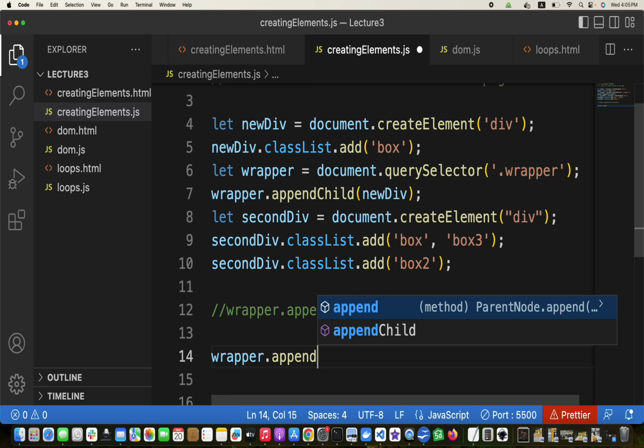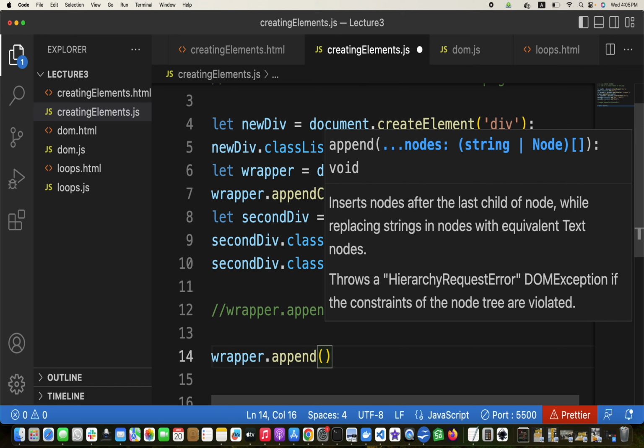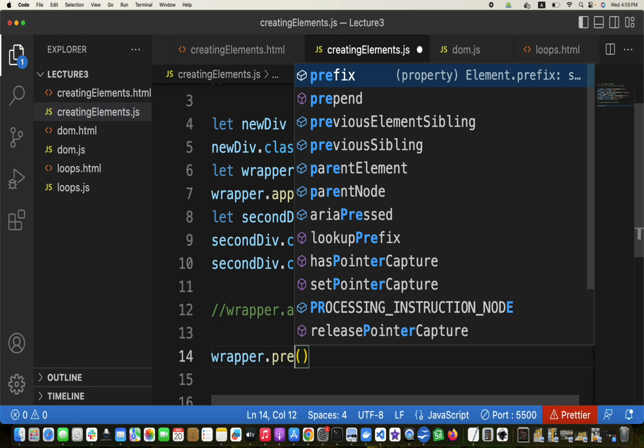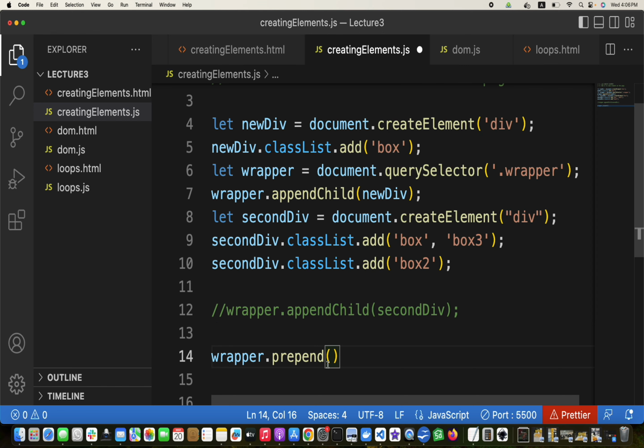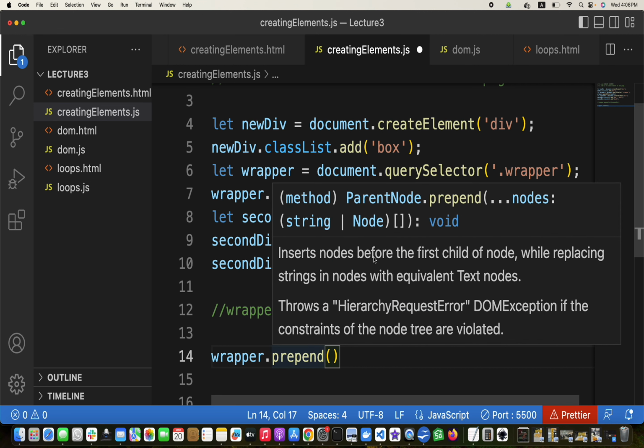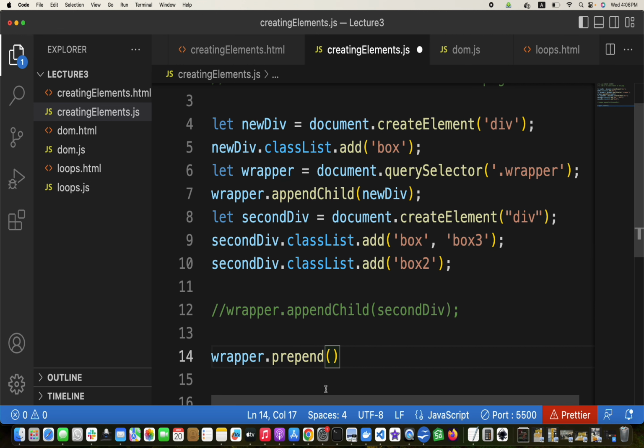So append adds it to the last child. But if we use prepend, it adds it to the start. Insert nodes before the first child of node. Okay, so prepend will